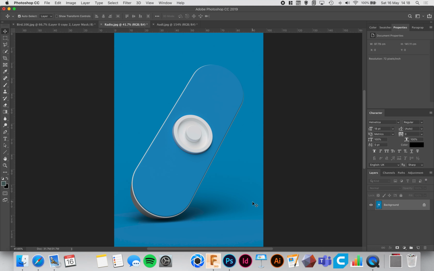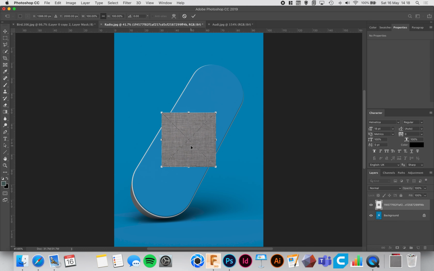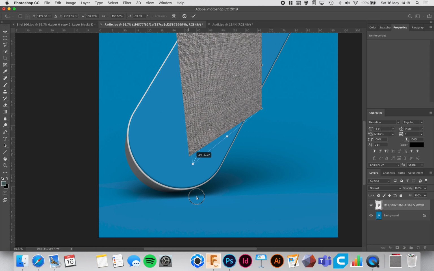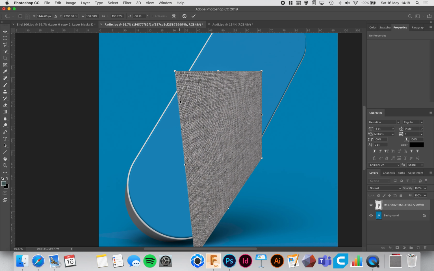And then if we were to open Photoshop, so this is one of the old renders that I had, what we can do is grab a fabric texture from the internet. Let's just say this one for now. And then if we right click and click distort, this allows us to pull the corners of the fabric. So what we're going to do is match the fabric to the perspective of the radio. Now when you click distort, sometimes it will only let you go up or down or left and right, but if you hold the shift button you can move it around like that, and that makes your life a lot easier. So if we just move down, hit shift, and then I'll just drag that here,